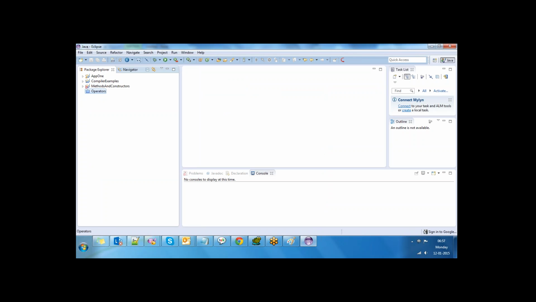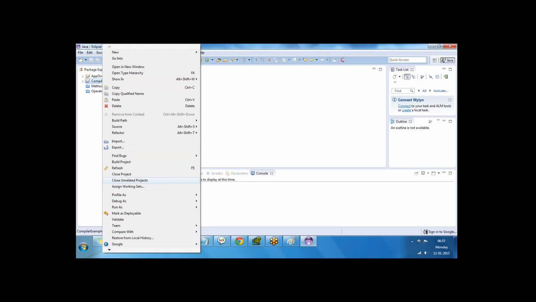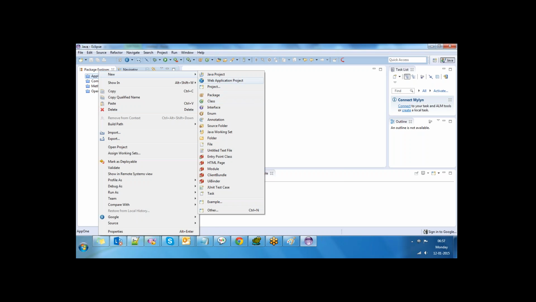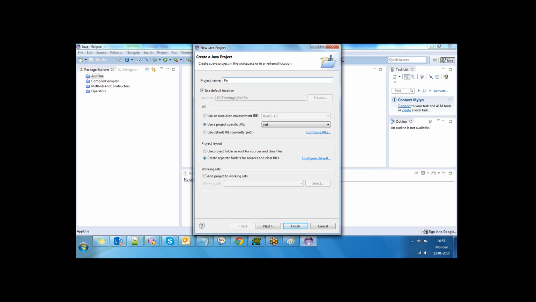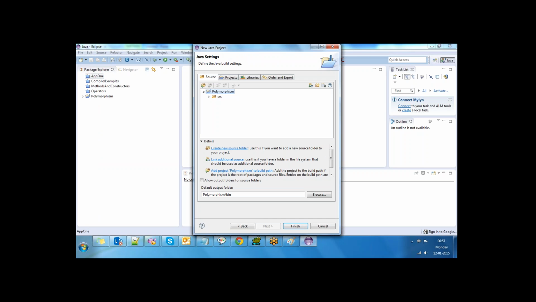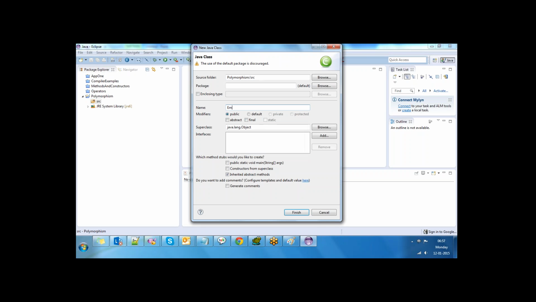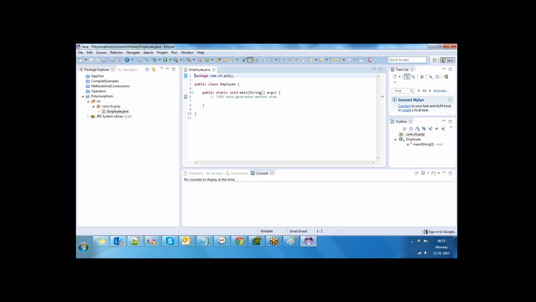Let's go to the other projects. Last class we discussed different method parameters.